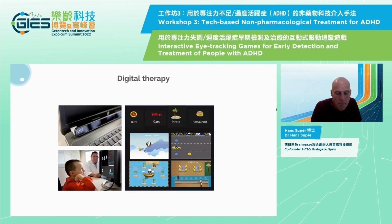So that's about our diagnostics tools. We extended this to digital, what we call digital therapy. If you know that eye movements have a role, are actually critical in cognitive performance, if you know that eye movements activate these structures in the midbrain, can we, let's say, activate them and thereby improve cognitive behavior? So what we did, first in ADHD,